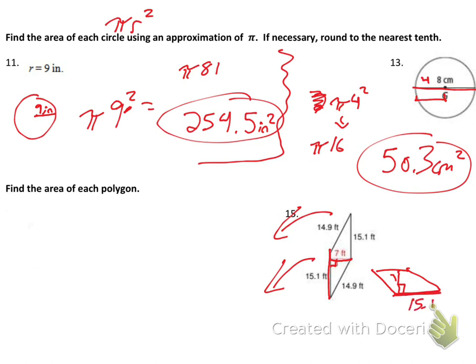We know that for finding the area of a parallelogram, what we need to do is just 15.1 times the height, which is 7. So 15.1 times 7 is going to be 105.7 feet squared. So again, I didn't need to chop this up or anything like that. I just needed to realize that